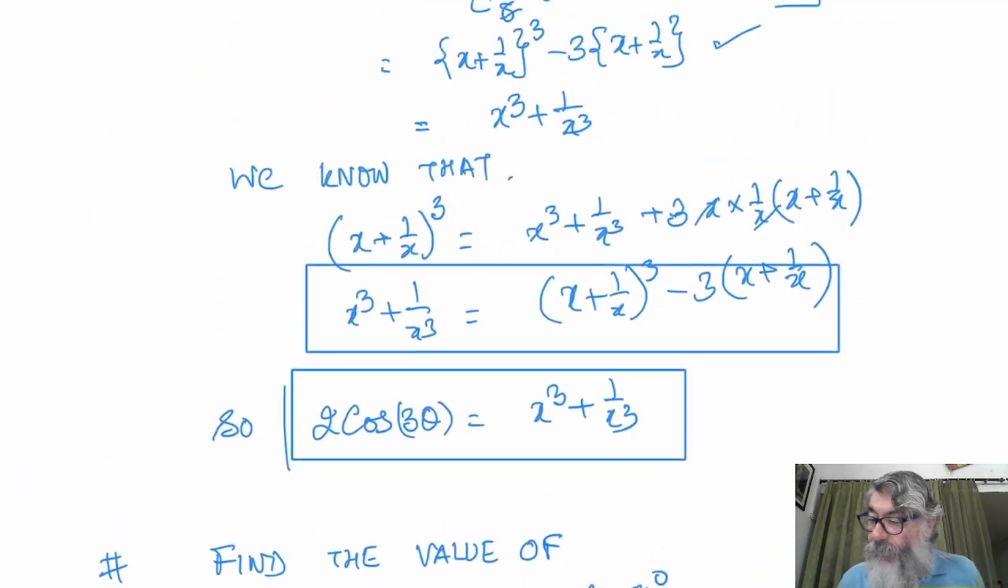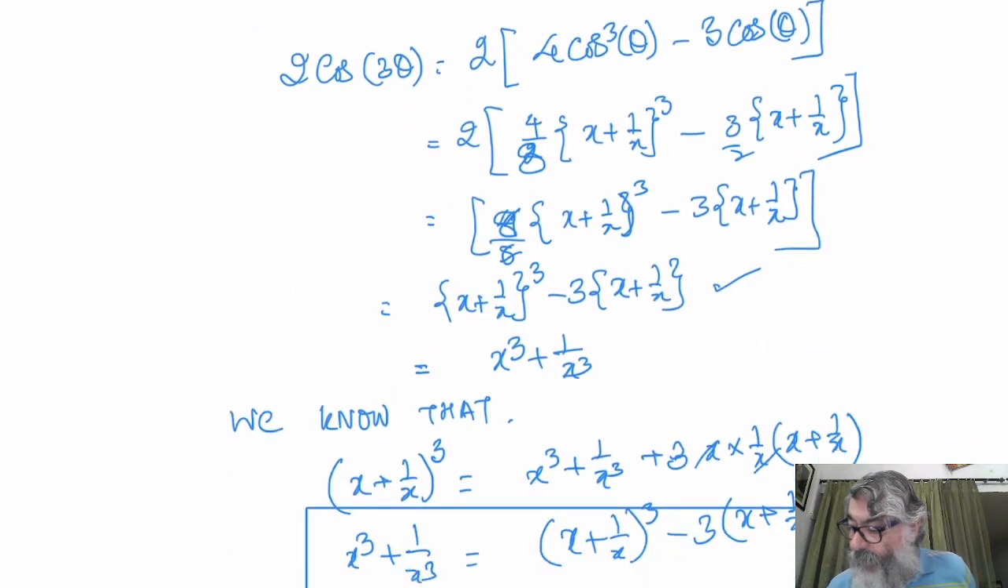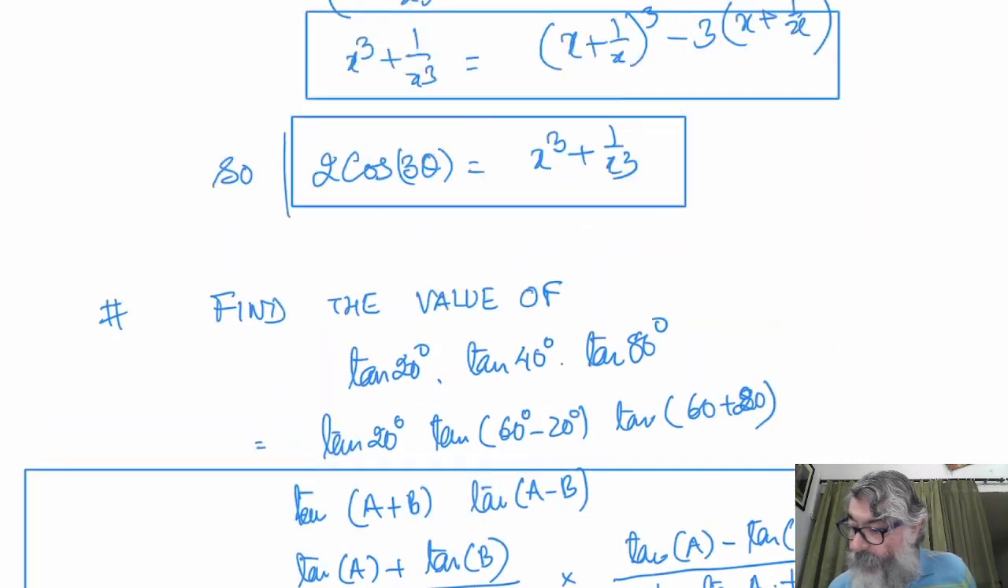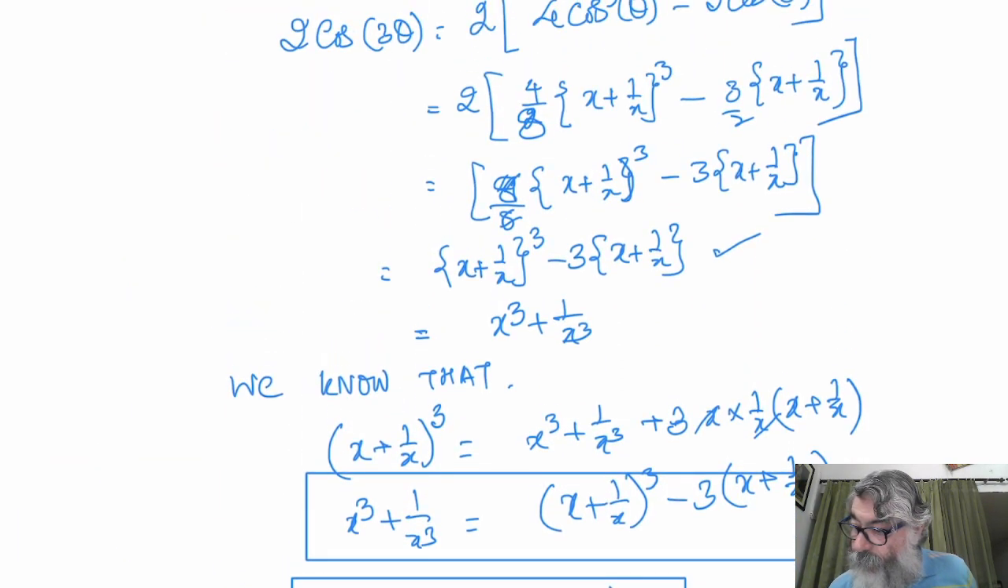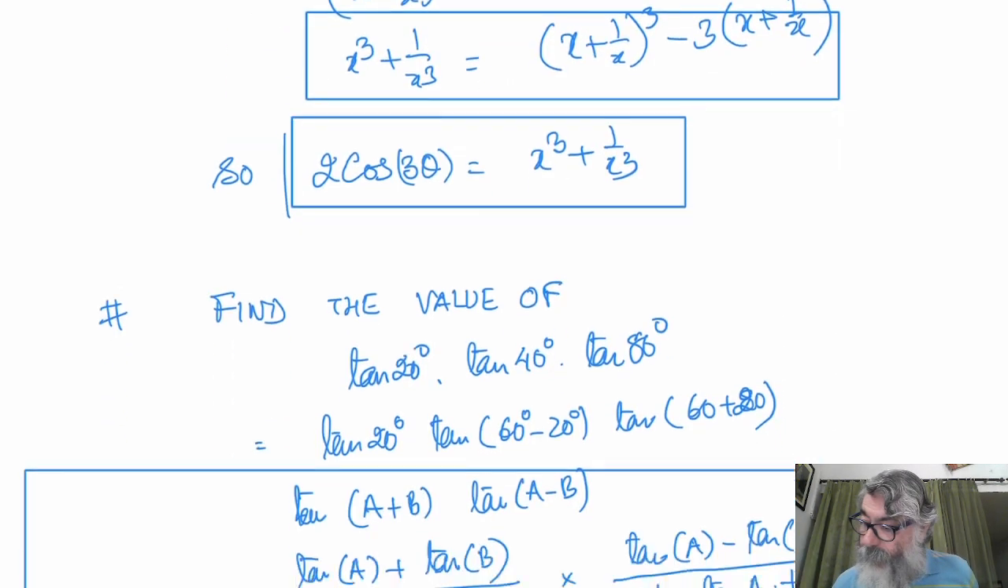Let us see now. Just let me correct it so that it doesn't create confusion for you. It is 8 here, 8 upon 8 here, that will cancel, and of course 2 will cancel here. Okay. Now,